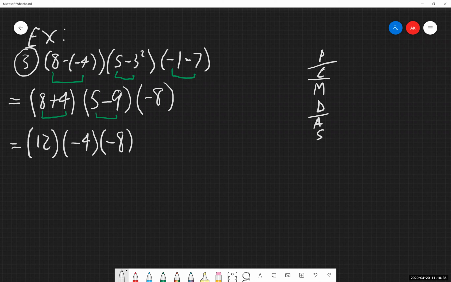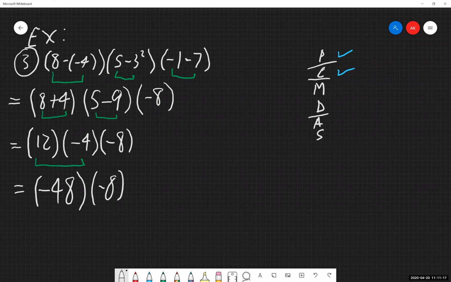Okay. So now from here, I'm looking at PEMDAS off to the side. I can't do anything else inside the parentheses. I have no exponents remaining, but I'm now at multiplication or division. I have 3 things multiplying together. I have 12 times -4 times -8. By our associative property with multiplication, it does not matter which one we multiply together first. I'm going to like to do 12 and -4. So a positive 12 times a -4, positive times a negative is going to give me a negative answer. So we get the sign first. 12 times 4, 48. Negative 8's coming down because I haven't worked with it yet.